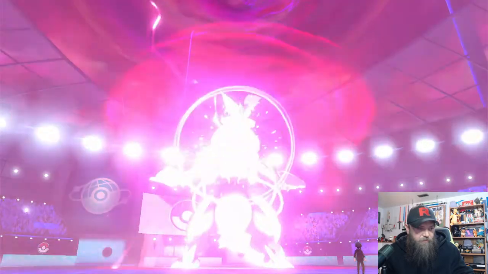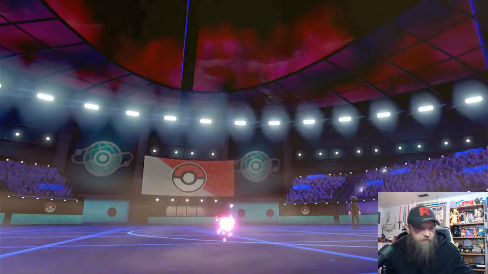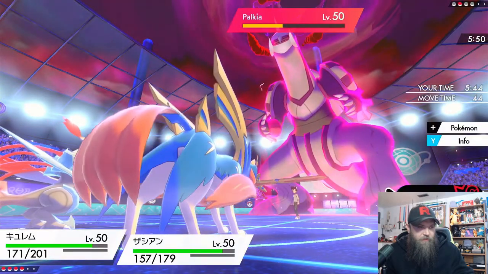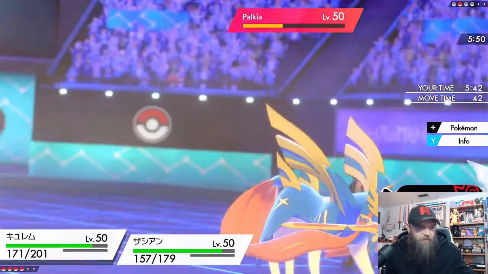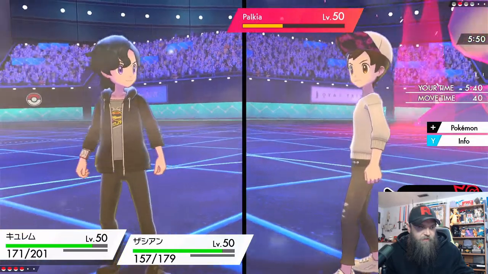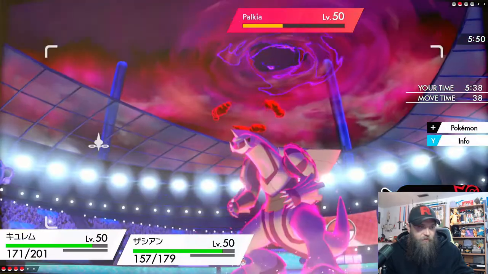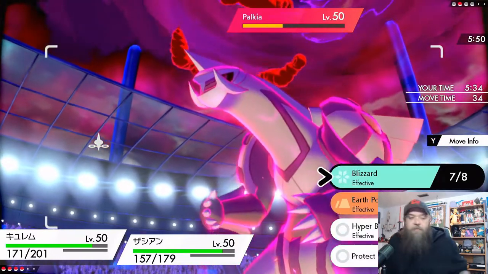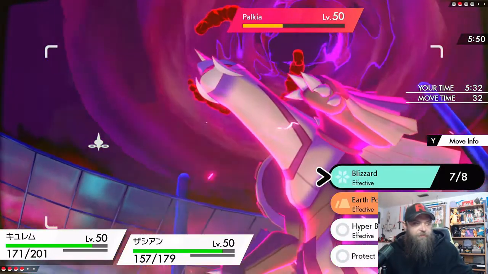Let's see if I can pull up a Palkia team. I do have Palkia right here. Well, I mean, Hydro Pump is a special attack. Or the one I have is a special attacker. So let's just say this thing might not do that much damage to us. Okay. So...